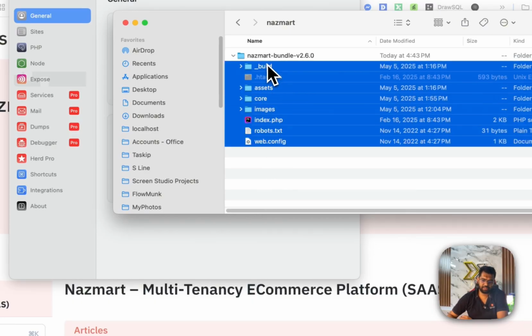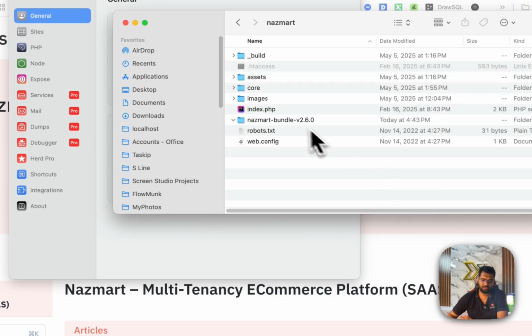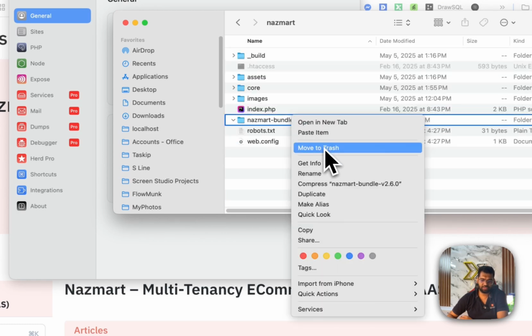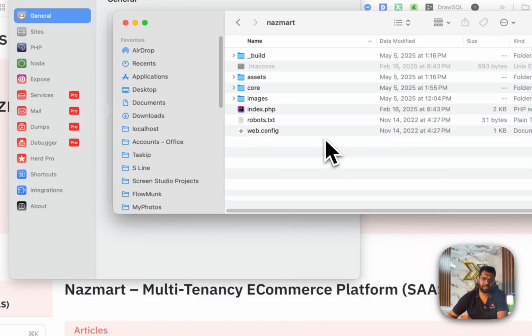We will move everything outside of the folder. Now we have to remove this folder. We don't need this anymore. Okay. Now we will get back to the Laravel Herd